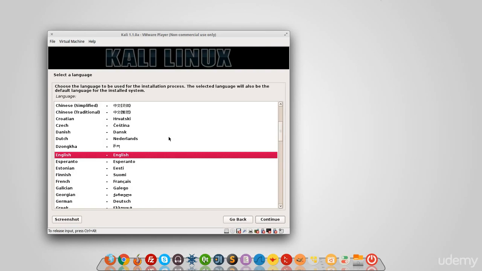So it's asking me to select the language, and I'm going to keep it